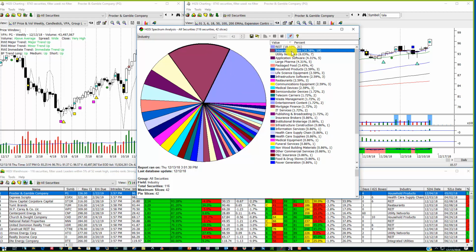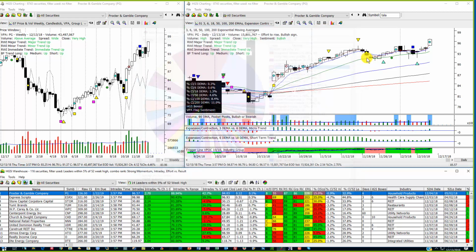Anyway, REITs, integrated utilities, utility networks, packaged food is in here. This shows you what the current leaders are in the market based upon that filter. I think it's worth looking at every day, and I think it's worth looking at intraday every day. So, I want to do one more thing, and if I can find this,